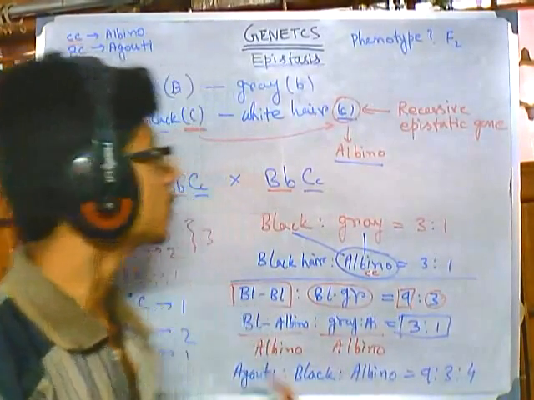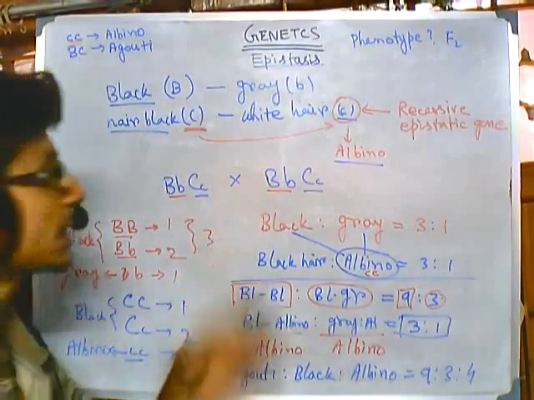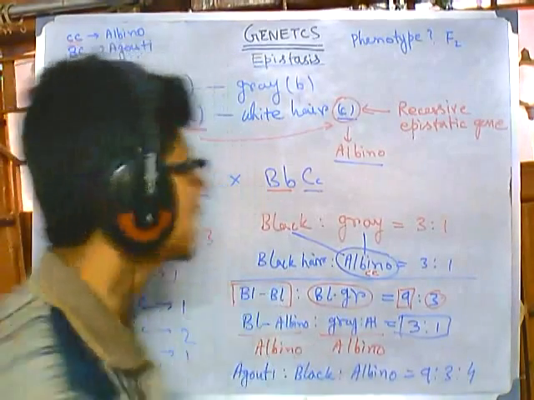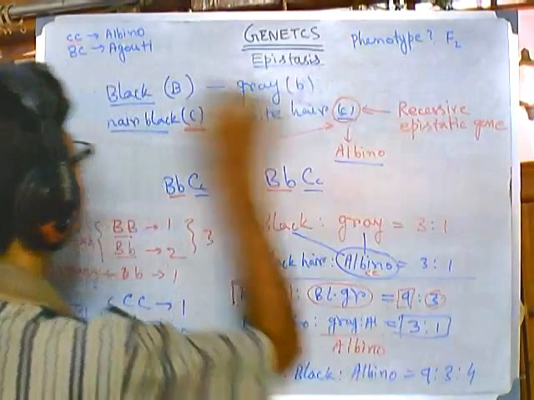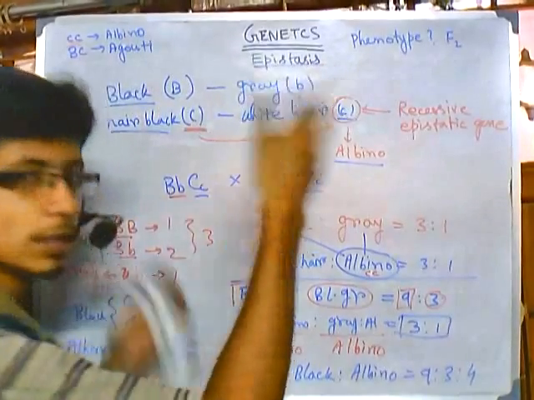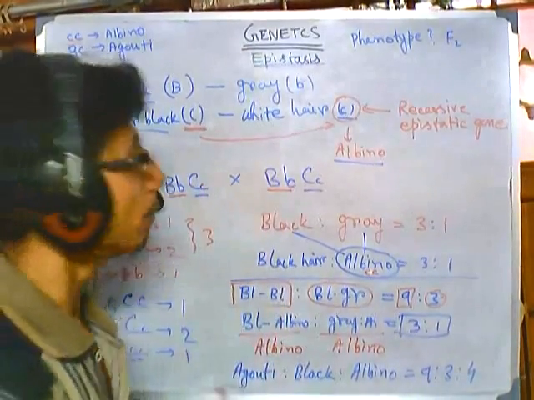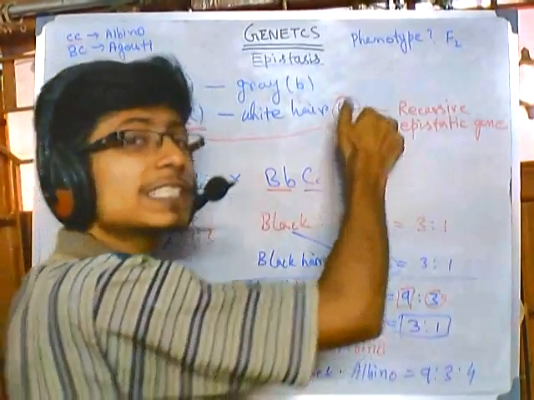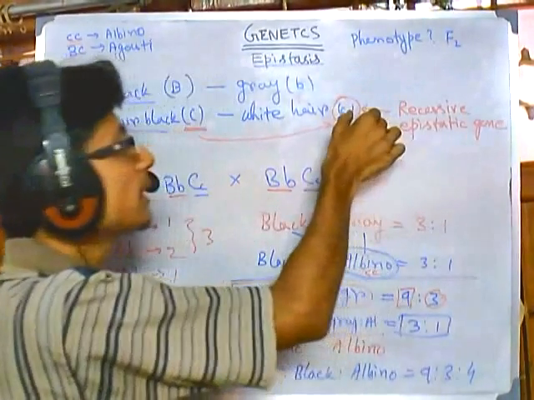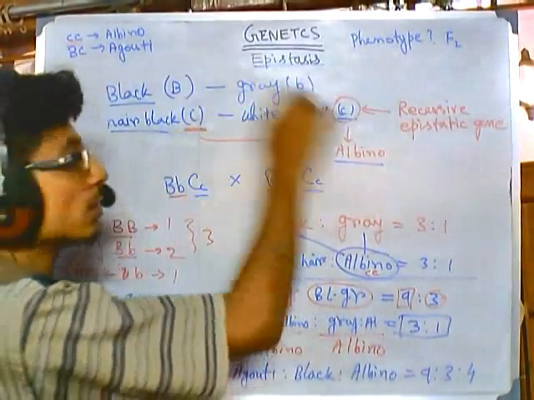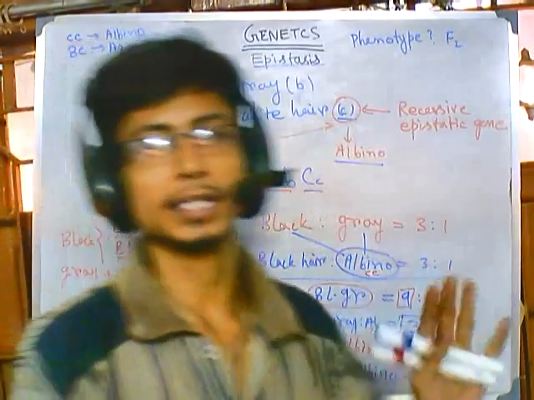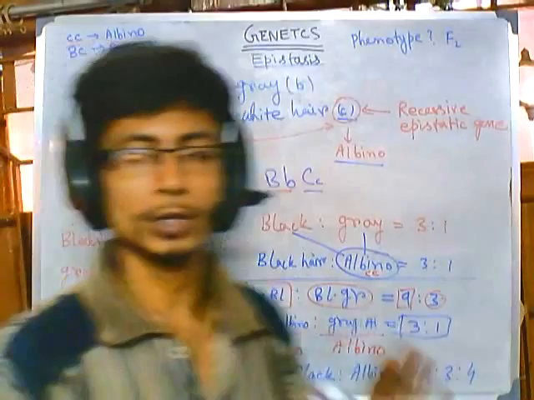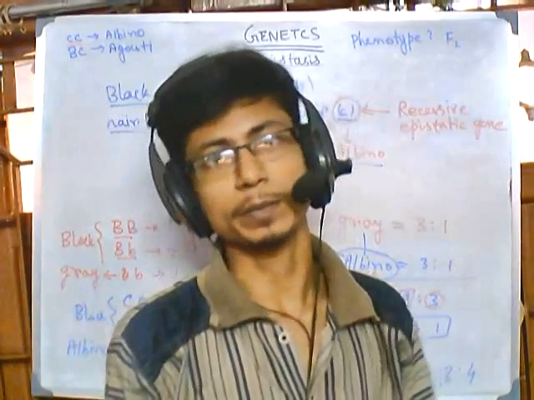I hope this will help you to understand what recessive epistasis is. A recessive epistatic gene means it is controlling the expression of other genes. Here the small c is regulating the expression of the capital B gene, or the black hair color gene. But this is called recessive epistasis, meaning there is a dominant gene of the same epistatic gene. The dominant of small c is capital C, which is dominant over it. That is the simple thing, and those are the simple aspects of this epistasis. Okay, that's it. And I hope it will help you to understand.